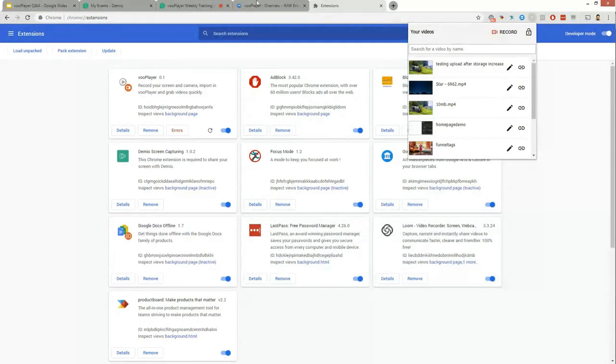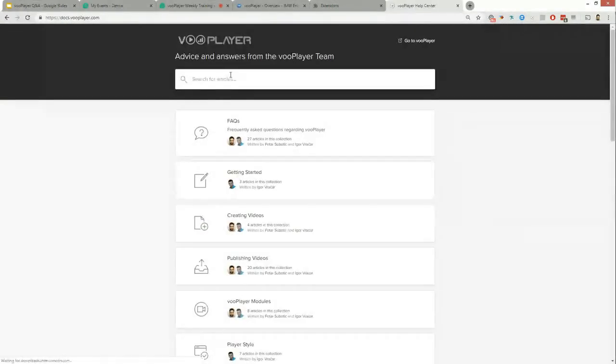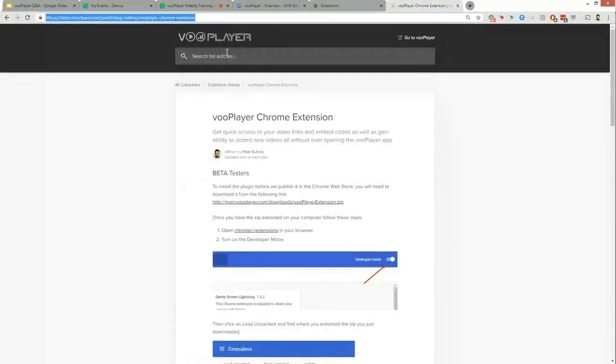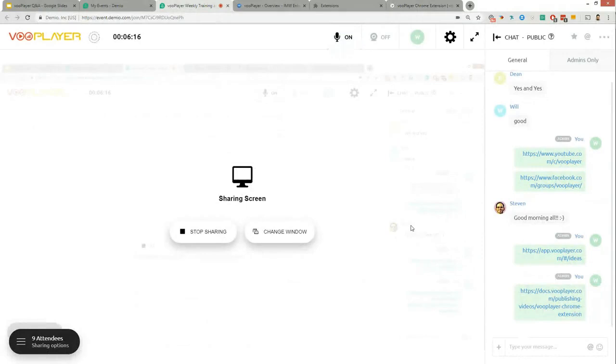So if you haven't already tested it out, I do encourage you to do so. I'll just share a quick link on how you can install it before it's available in the Chrome Web Store, and how you can contribute feedback to it, as well as your use case, which would be useful to have covered in this plugin. So that's available as well.